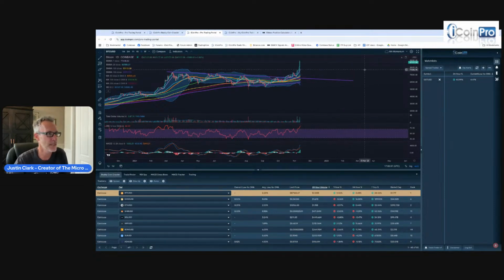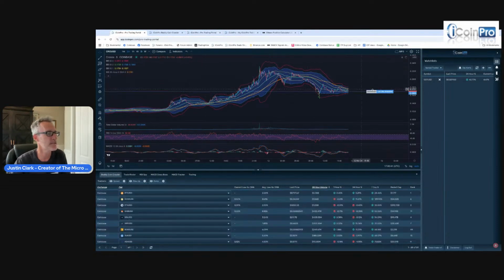We just went through one dip sequence. If we get another kind of dip sequence off of here, it looks like we may be setting up for some more dip sequences here for some of the alts. These will be even more fun to trade. We're just going to have to see what the market wants to do next.